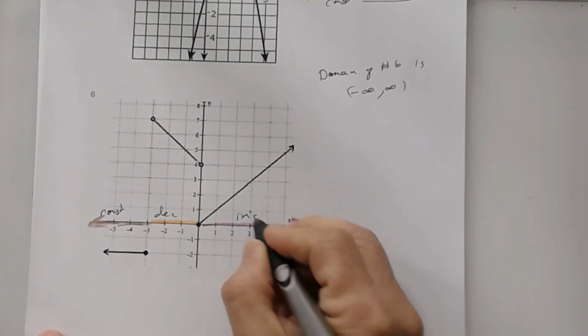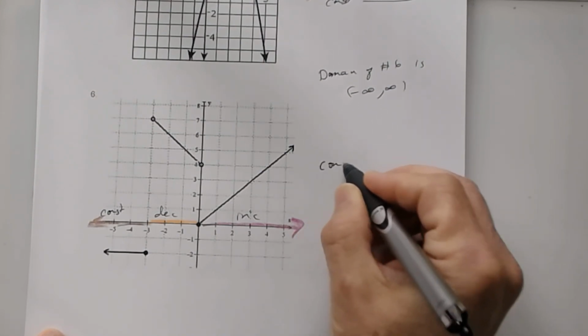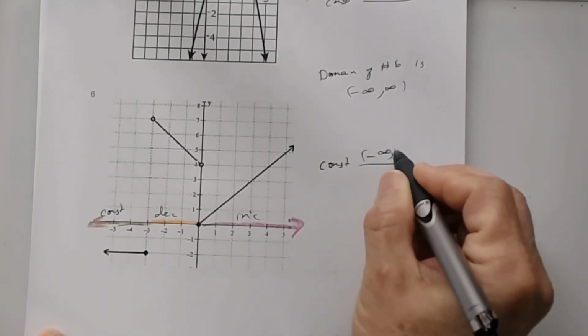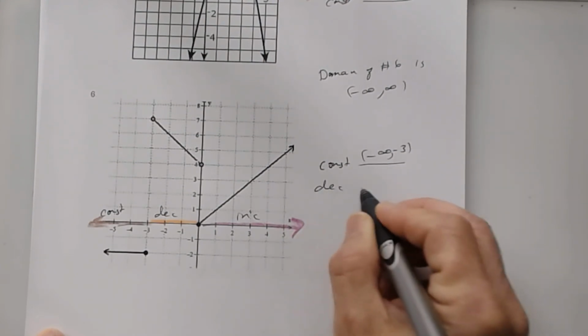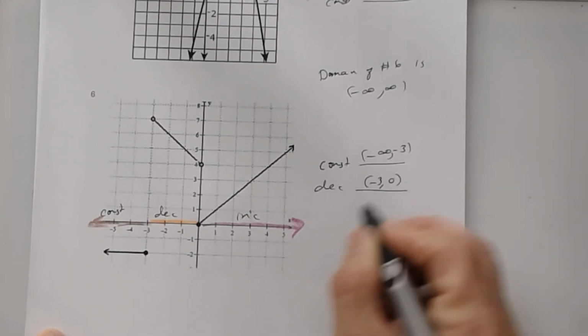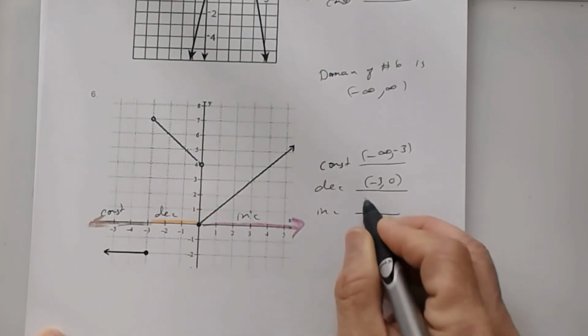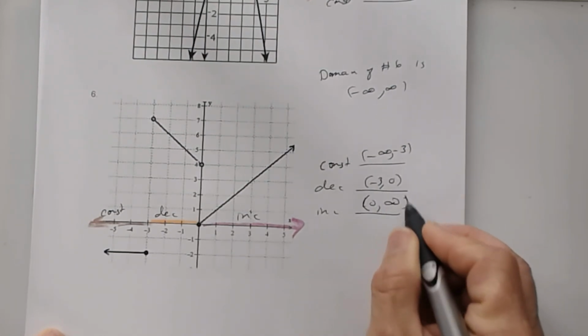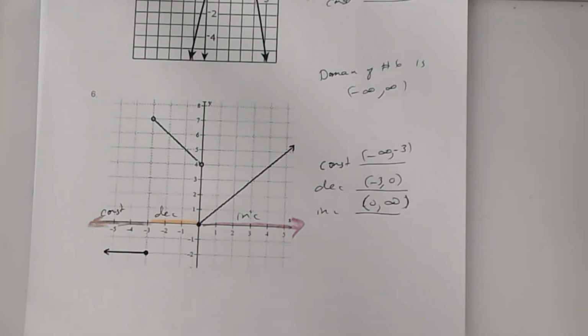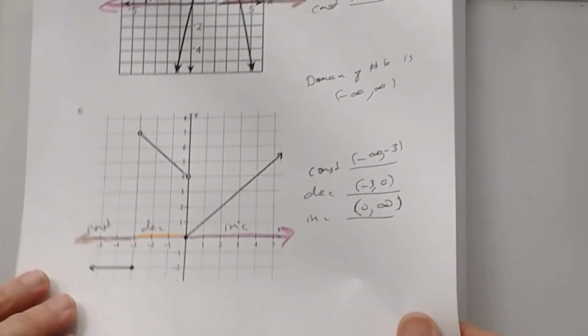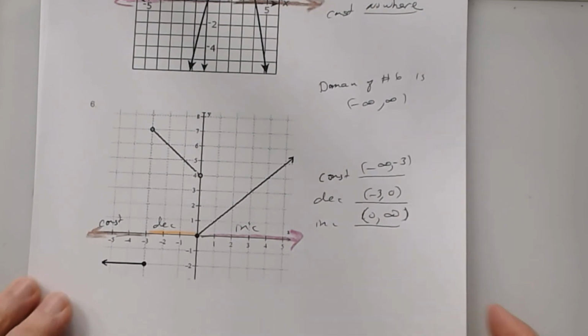So it's increasing here. So where's it constant? Negative infinity to negative 3. Where's it decreasing? From negative 3 to 0. Where is it increasing? 0 to infinity. All right. So I think that was it. So any questions on that increasing, decreasing, constant? It does help if you use colors. Okay, now